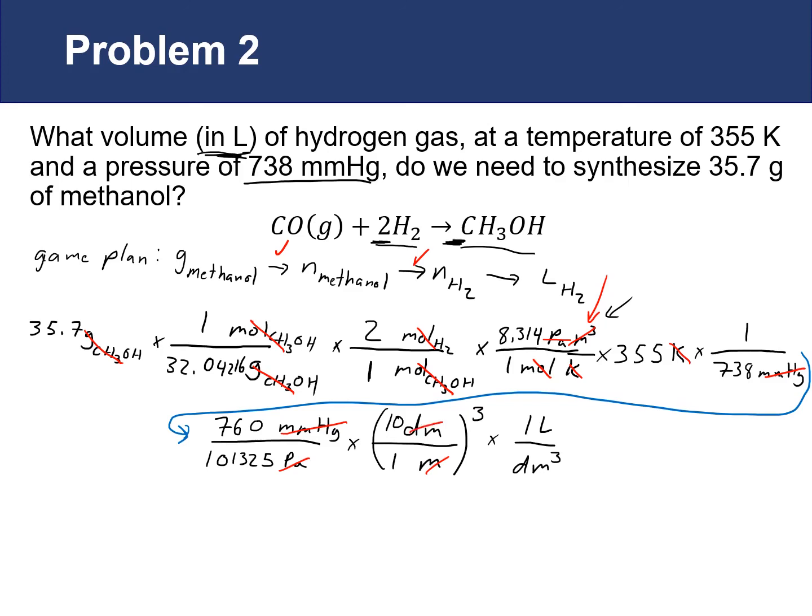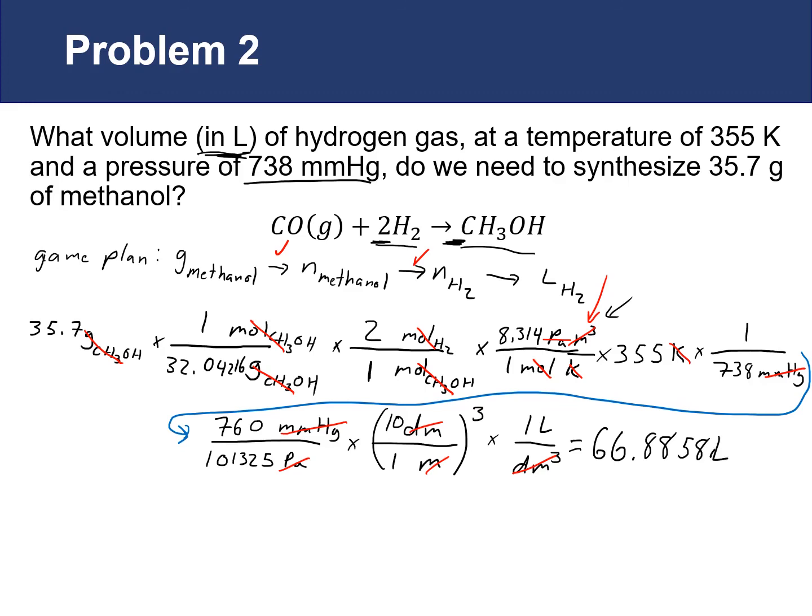Our cubic decimeters cancel out. So we now have the liter, which is the unit that we were after. It's a bit of a lengthy dimensional analysis, but as long as you keep track of your units, you'll end up with the correct answer. Plugging this into your calculator, you'll get 66.8858